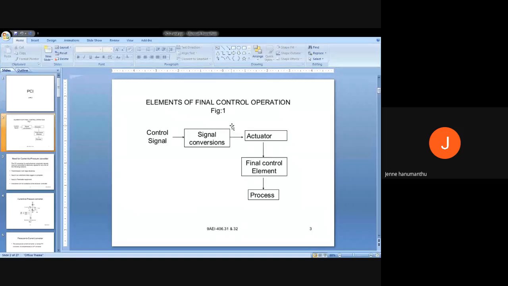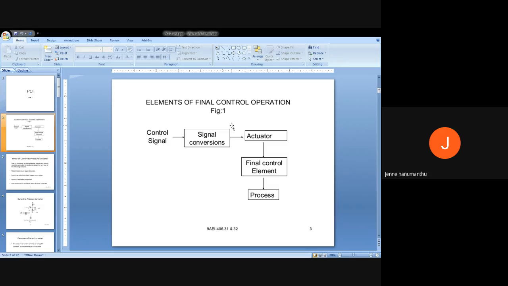Yesterday in class we discussed the final control elements of the final control operation, right? In that we recalled that the basic control system comprises a controller, a process, and a feedback element, isn't it? So when you open this controller, you can observe three basic blocks. Number one, signal conversion; number two, actuator; and number three, the final control element, isn't it? Right. So yesterday we discussed